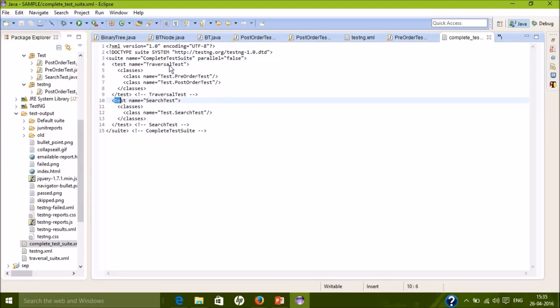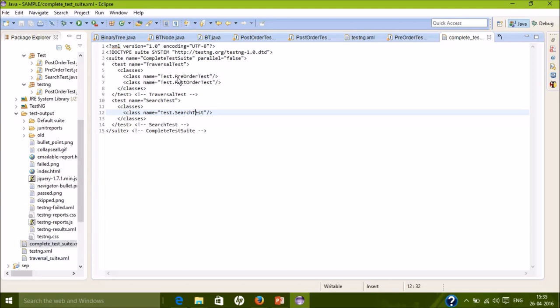This suite tests all the methods of all the test classes that I've created, that is the PreOrderTest, the PostOrderTest, and the SearchTest. So I've given this the name complete test suite. The tests are traversal test and search test, and I've defined the classes in those tests which need to be run. So I'll be running this test suite.